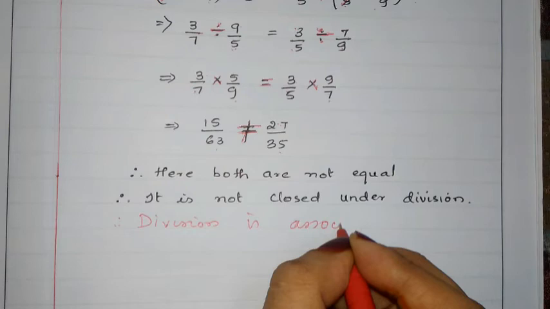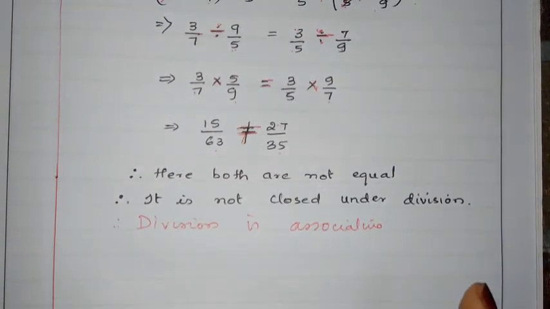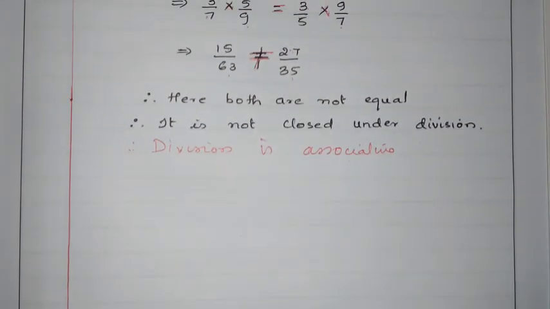So here we have learned three properties. We completed the closure property. Then the second video was based on the commutative property. So today we have learned about the associative property. And now in my next video we'll see what is additive identity and multiplicative identity, which is very important.